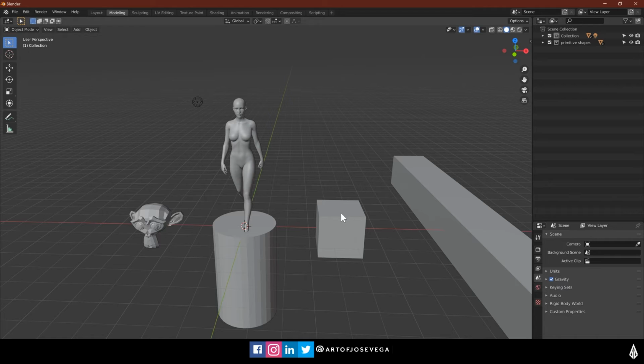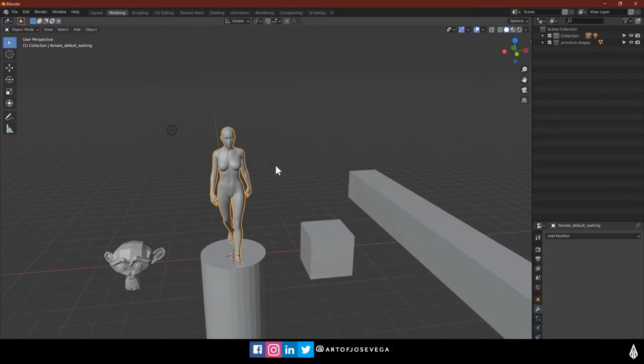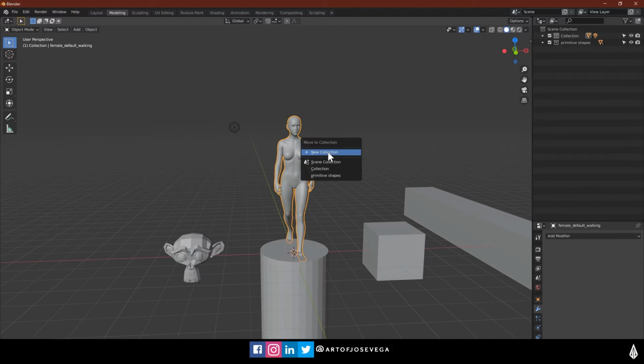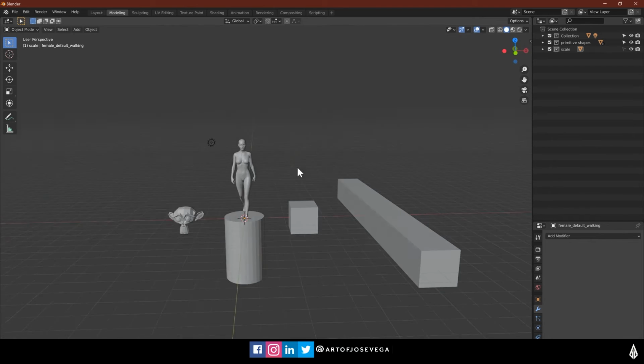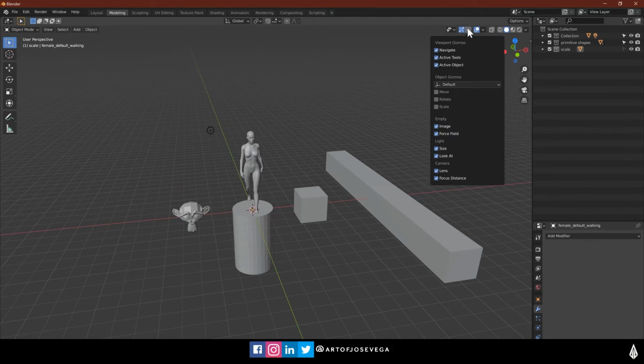You can also do that here. So for example, if I want to have this in a selection, you can right click, New Collection. But I always like using the shortcut. I just press M, and then just put it in a collection that already exists, like primitive shapes or collection, which is the default one, or just create a new one, and I can call it scale. And now I know that that collection is my scale here. Okay. So the other option here,